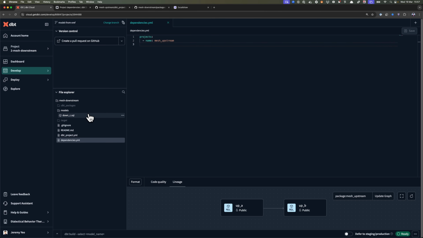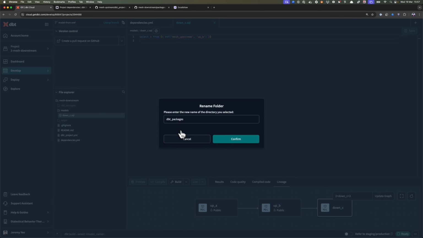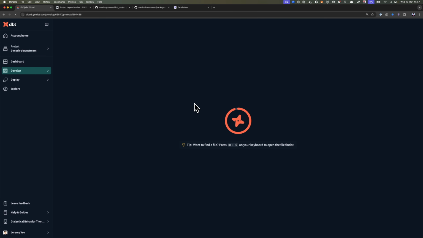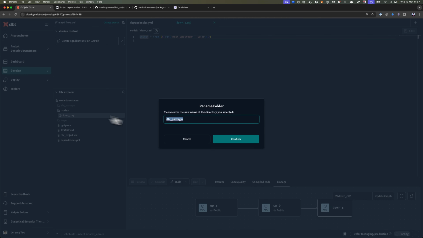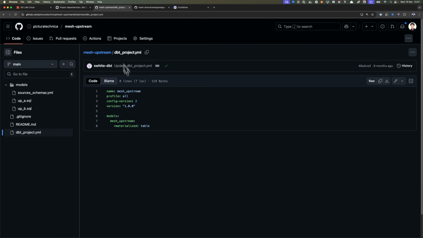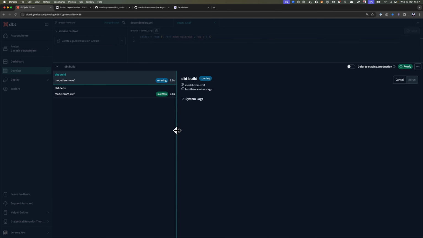Now, if you look at my down C model, actually, this packages folder showed up. You can see it's basically empty. There's nothing here. If I refresh, let's see if there's any files. So you can see there's still no files, right? So this shows you that we didn't actually download all of these files into this dbt project itself. Now, when I do a dbt build here, using cross-project ref,